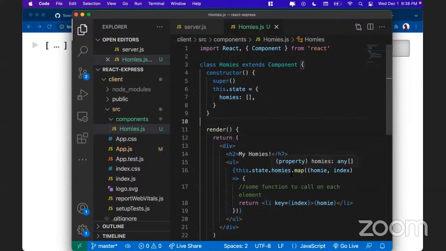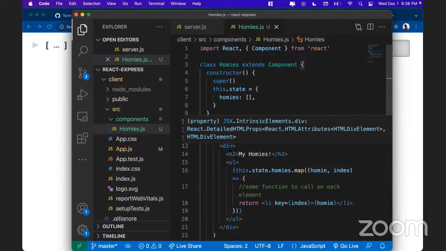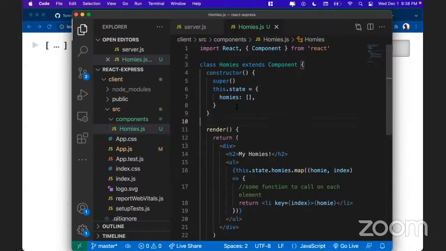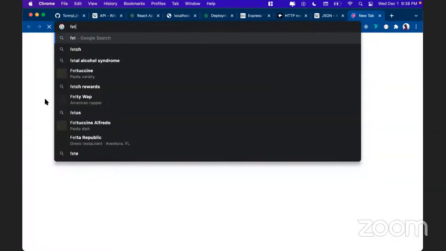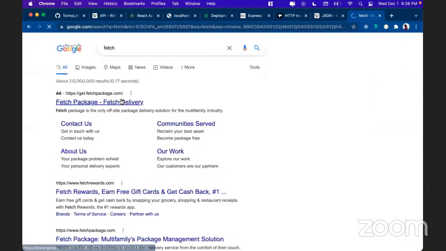If you want to perform an HTTP request to another server and get data, post data, all of that stuff, you can use what's called the fetch library in JavaScript to perform that asynchronous data call. The fetch library is a specific JavaScript